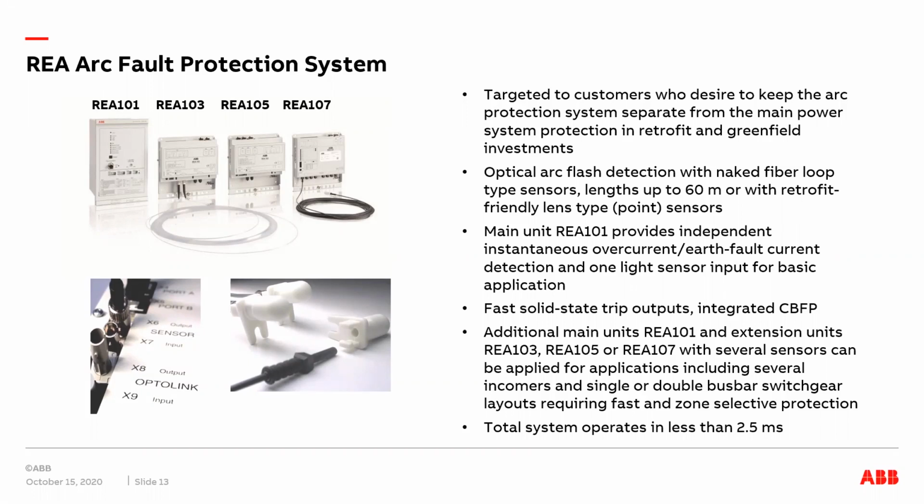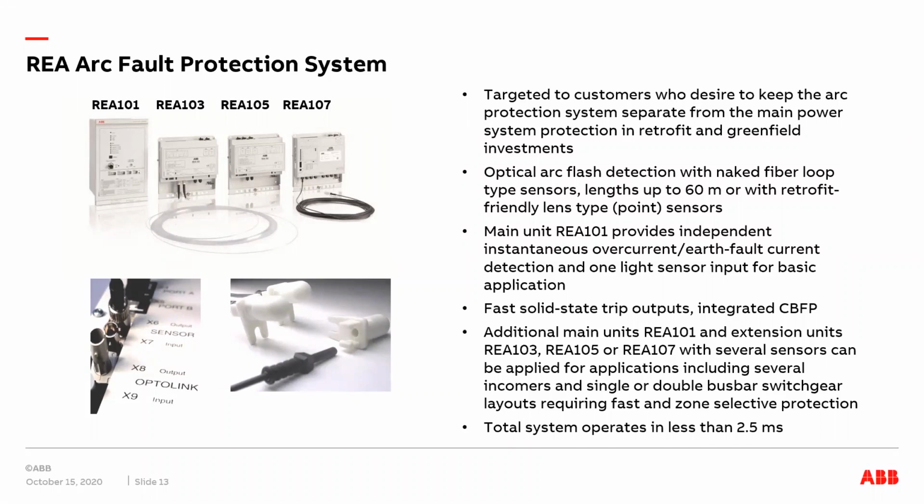For optical arc flash detection in REA system, we use either naked fiber loop type sensors. Those lengths can be up to 60 meters, or then another alternative is to use lens sensors. They are more retrofit friendly to install,